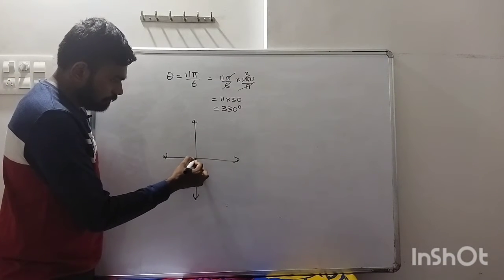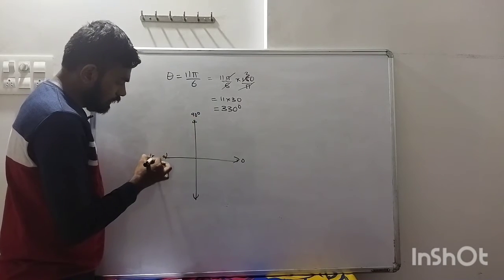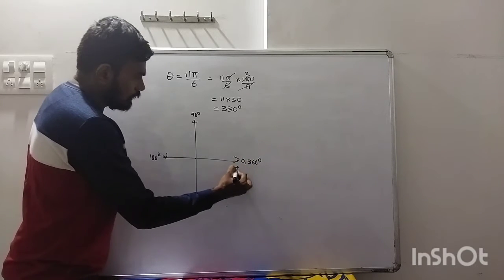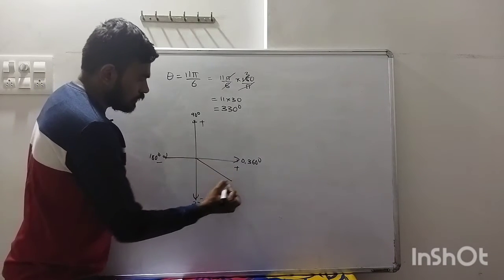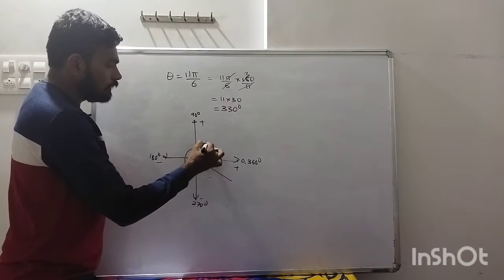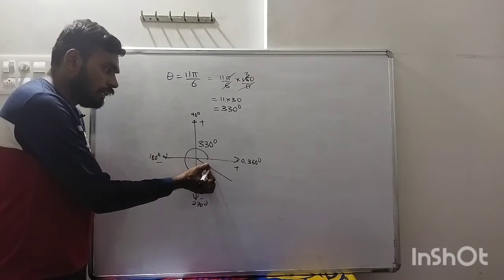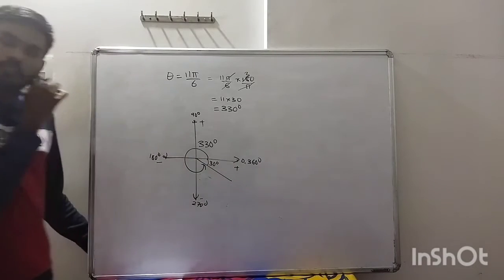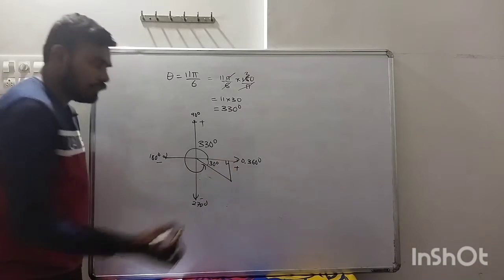I write here 330 degree. This is 0, 90, 180, 270. This is 360. And this is plus, plus, minus, minus. 330 degree will be what? Here, in this quadrant. So from here to here, this is 330 degree. Okay, correct? Now, if this entire is 330 degree, then how much will be remaining? After 330, you have to reach till 360. So remaining is 30 degree, correct? Now you can join this here on the x axis, always remember, okay?